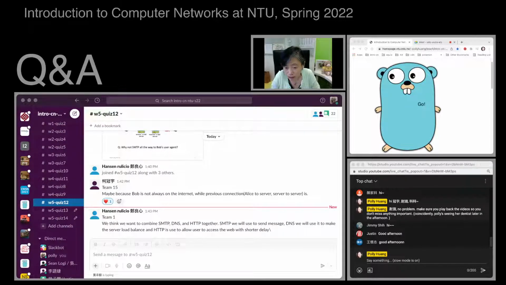So team 1, Liangxin, let's see. We think we want to combine SMTP, DNS, and HTTP together. SMTP we will use to send message. Server load balance. Okay, so hey, Liangxin, you might want to think again what the question was.